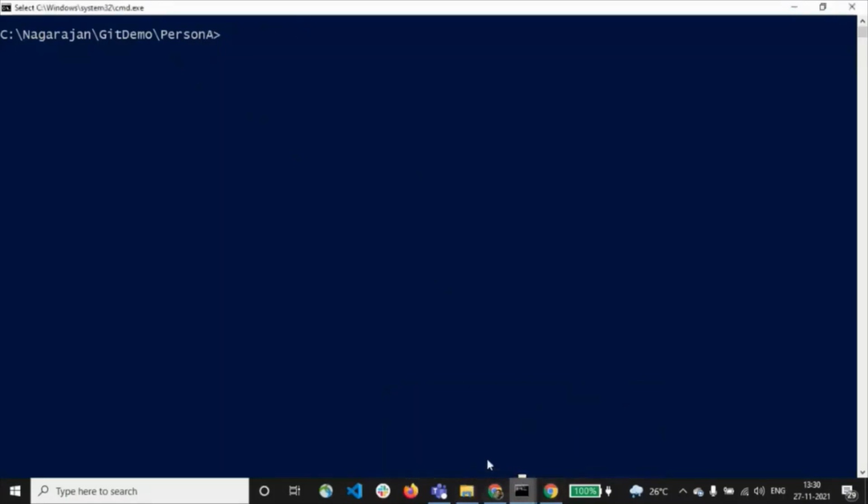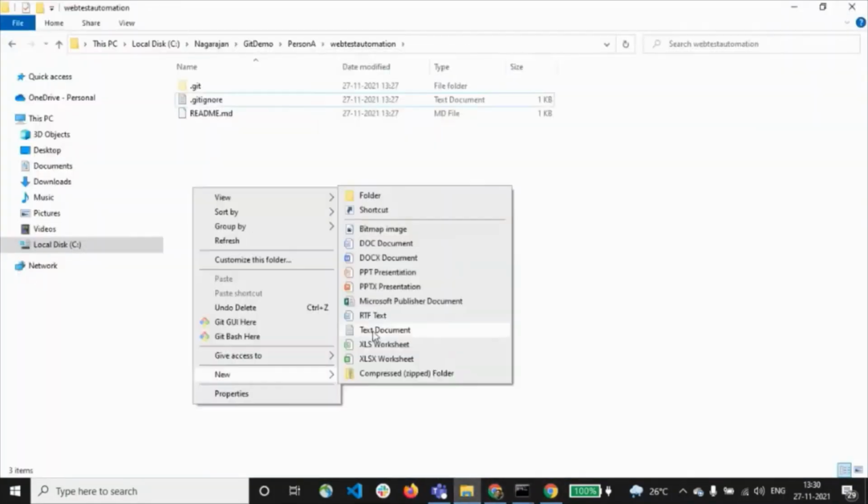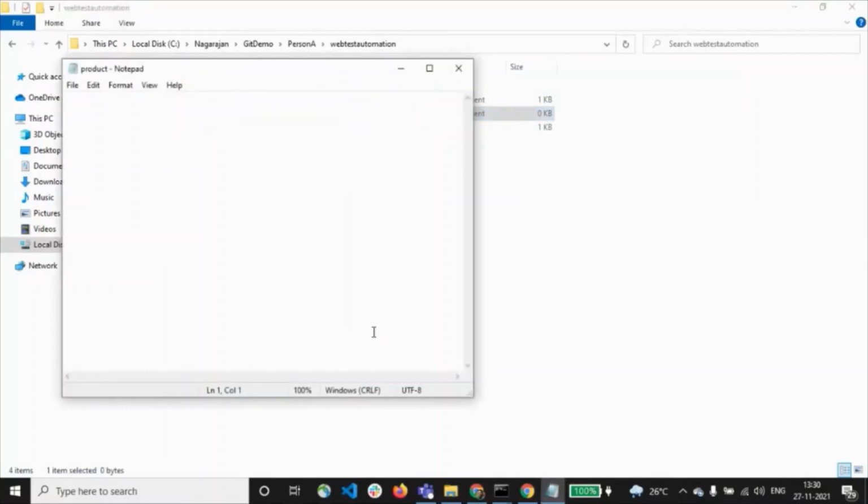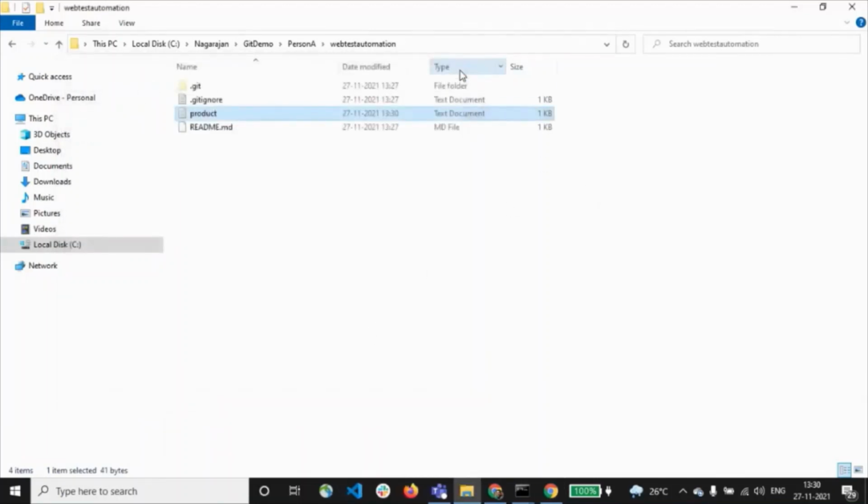Now we'll create a file, product file. Let's add a dummy content, product details. Let's add some products: mobile, tablet, laptops, something like this. I've added a file and added content to it.